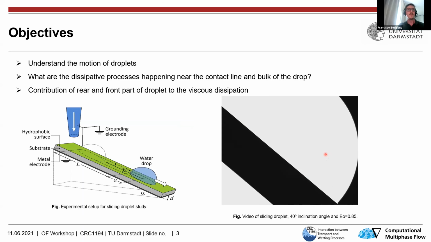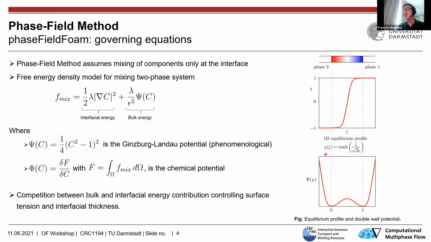So first of all, I will talk to you about the governing equations. As my colleague Milad has explained, we used a phase field method and our in-house solver called phaseFieldFoam. I'll try to be very brief, as it was mentioned already. We assume here a mixing of the components at an interface width. Phase 2 and phase 1 are separated by another parameter, and it changes via a sharp gradient, but still a gradient, from one phase into the other.